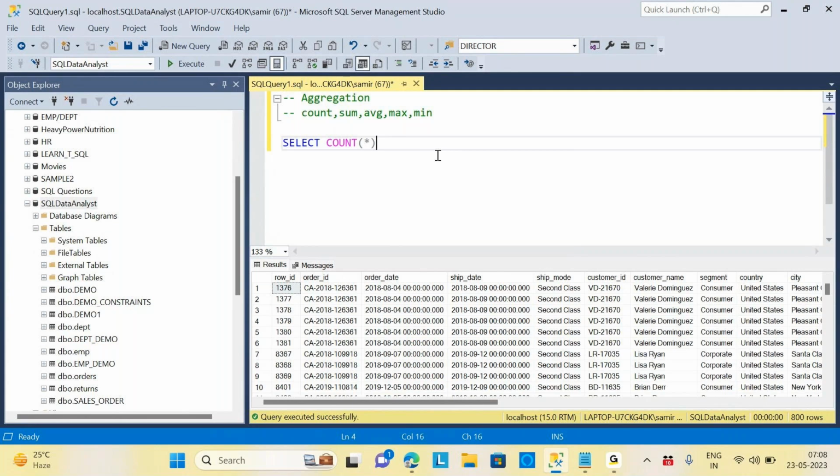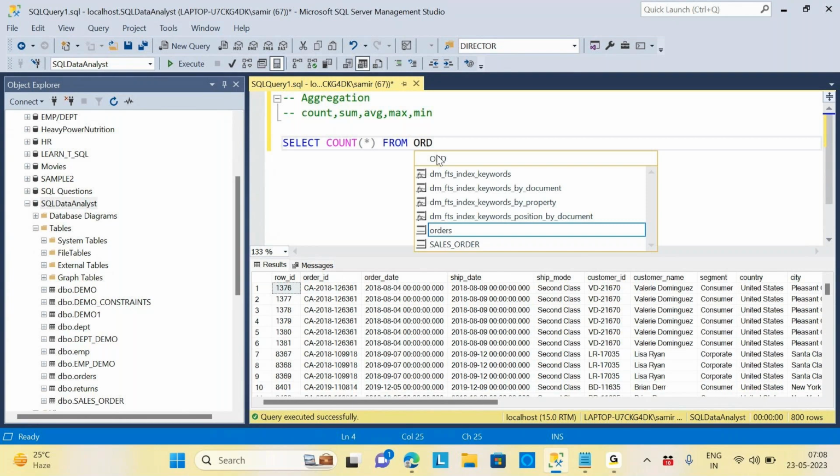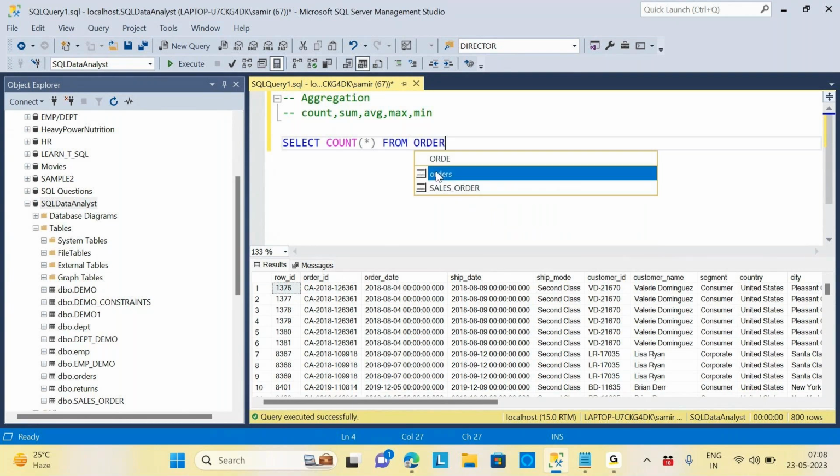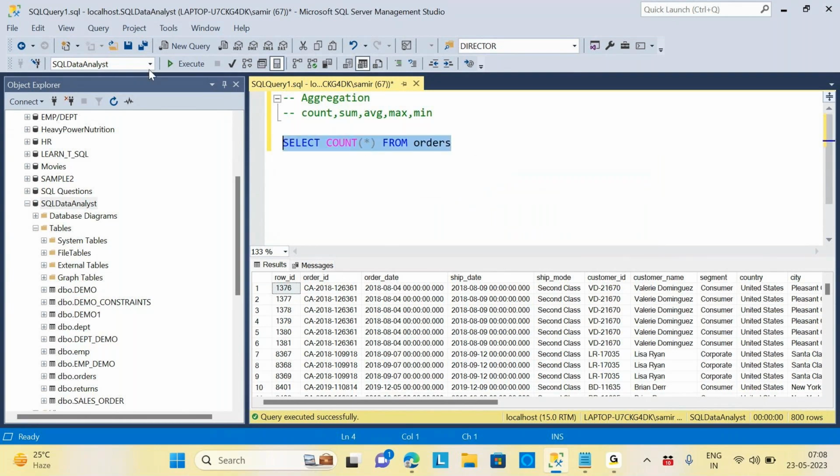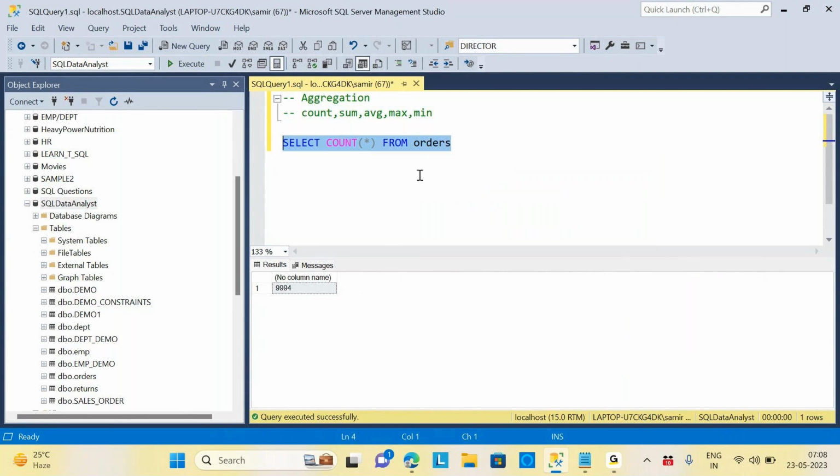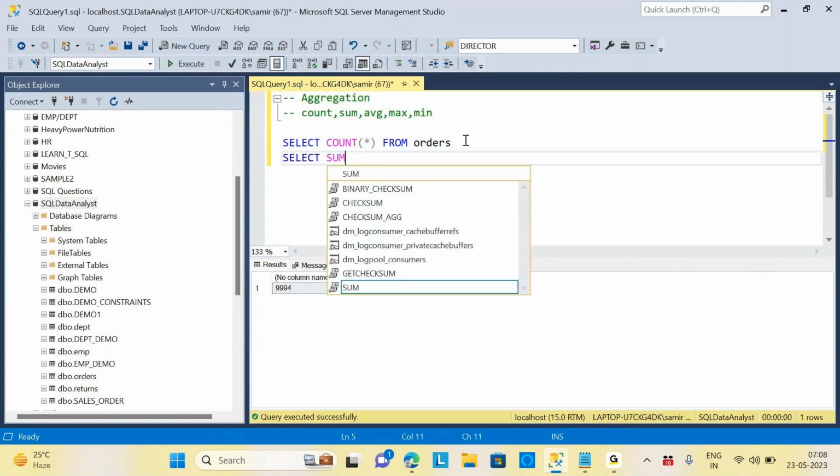So let's take select count star from my orders table. It will give you the number of records available in this particular table: 9994. Now I'll write select sum of my profit